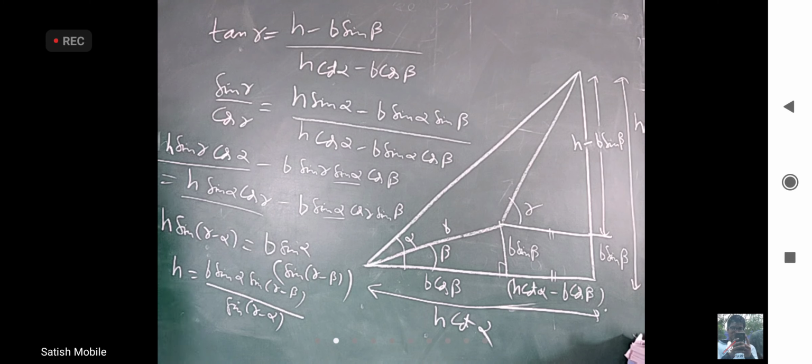In 28, if somebody draws the figure properly, try to find other angles and apply sine rule carefully, you will get it in 28. Try to find some more angles within the triangle in terms of alpha. Exterior angle is sum of interior angles, that kind of properties can be used.